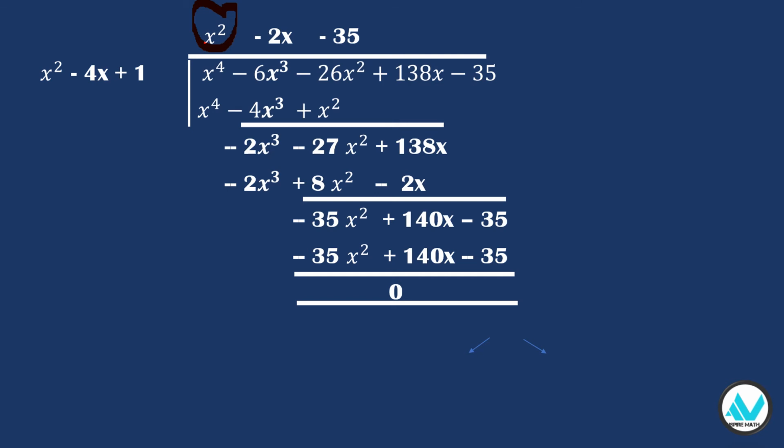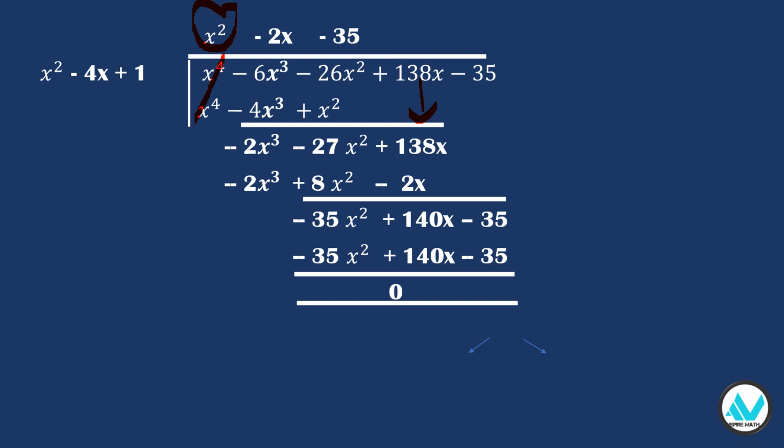Now division is repeated subtraction. So x power 4 and minus x power 4 gets cancelled. Now here minus 6 plus 4 gives me minus 2x cube and here minus 26 minus 1 gives me minus 27x squared. Let me bring down the 138x. My next step will be x square into what gives me minus 2x cubed. So x square into minus 2x gives me minus 2x cubed. So let me multiply now. Minus 2x into x square gives me minus 2x cubed. Minus into minus plus. 2 4s are 8. So 8x square. And minus into plus gives me minus 2x into 1 gives me 2x.